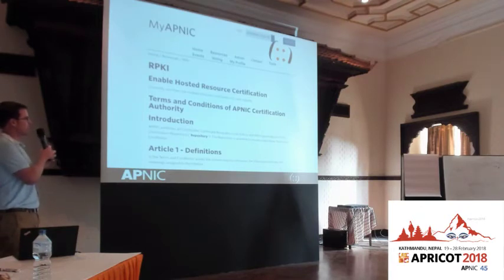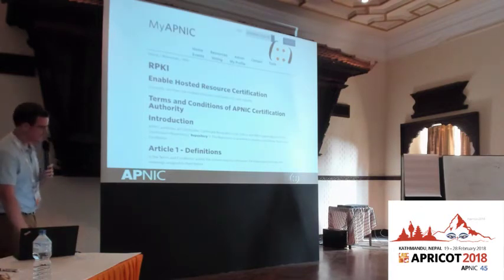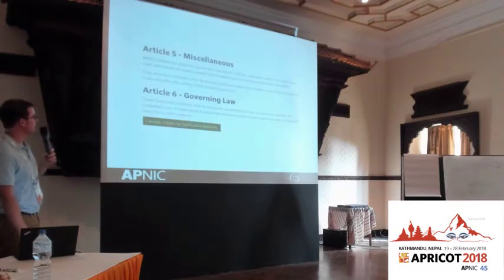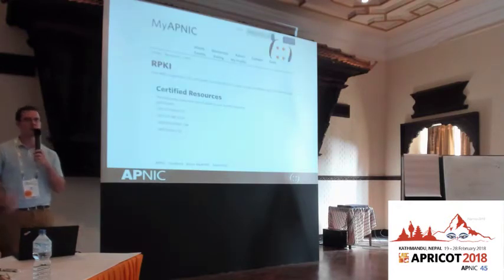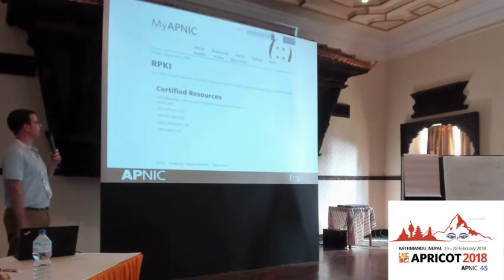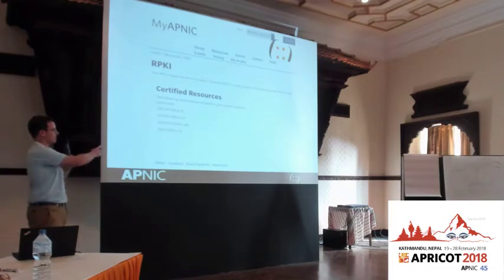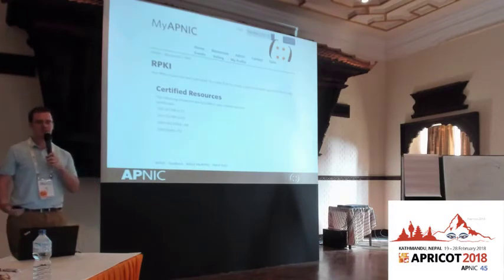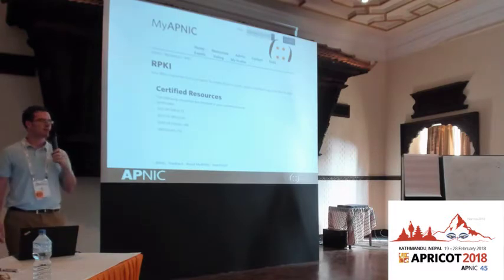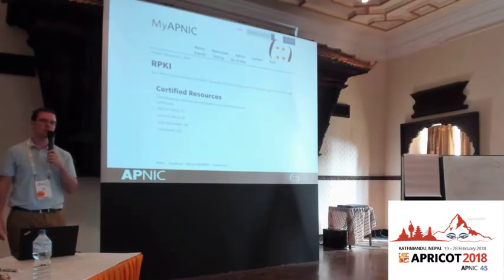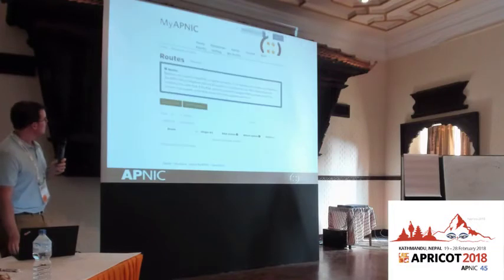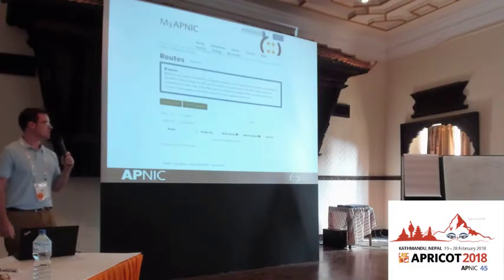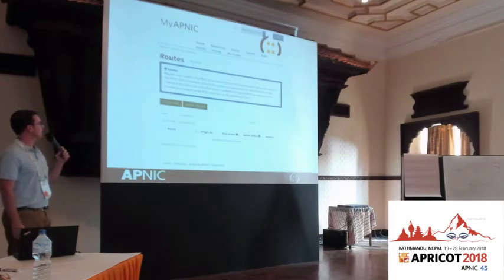You get a terms and conditions page after that, which you read in great detail, and then click I accept, and then it will chug away a little bit, and when it's finished, you'll have an activated engine. This part here lists the resources that are in your certificate. In the vast majority of cases, that's the same set of resources that have been delegated to you from APNIC. One exception to that is when you are managing historical resources. After that, to actually register a route, you go to the route management page.